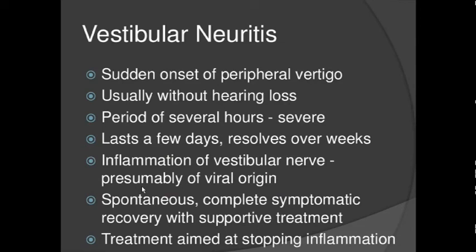third we are discussing vestibular neuritis. This is also a very common cause of vertigo. It's a sudden onset peripheral vertigo, and usually again without hearing loss. So BPPV has no hearing loss, vestibular neuritis has no hearing loss, Meniere's typically has hearing loss. This is how these things have to be kept in mind when you are evaluating a patient of vertigo.